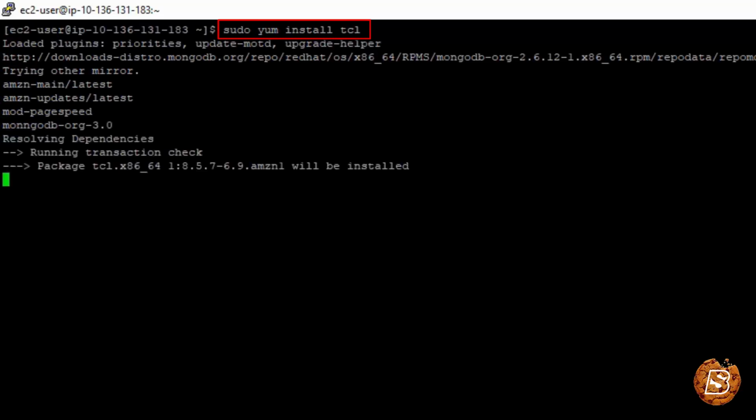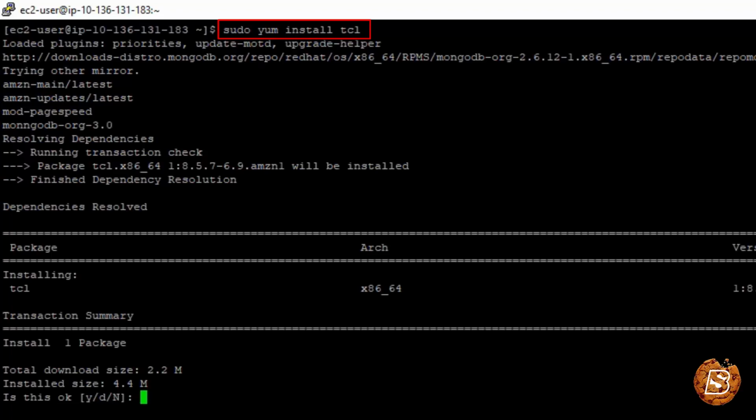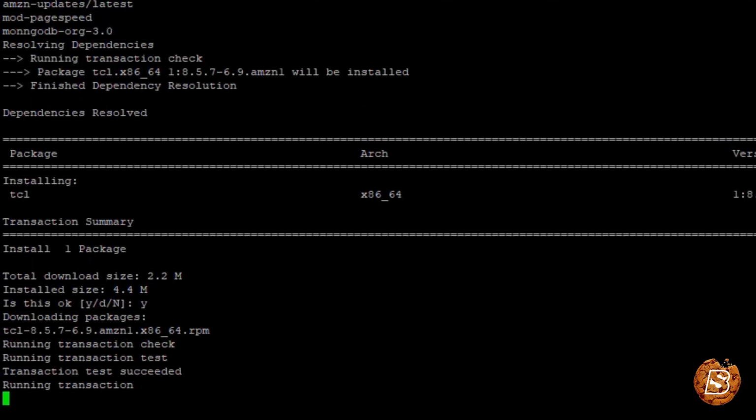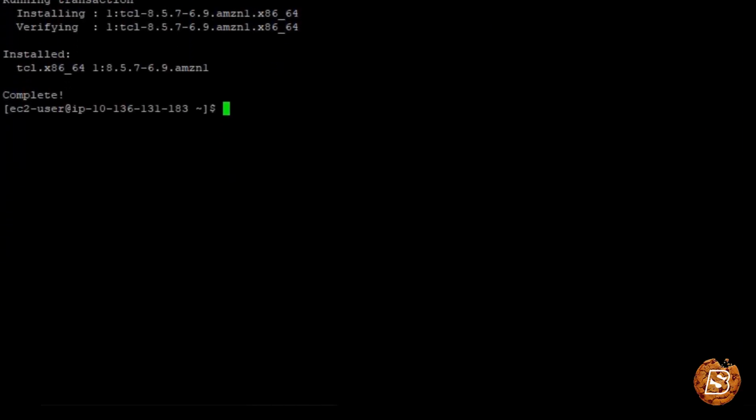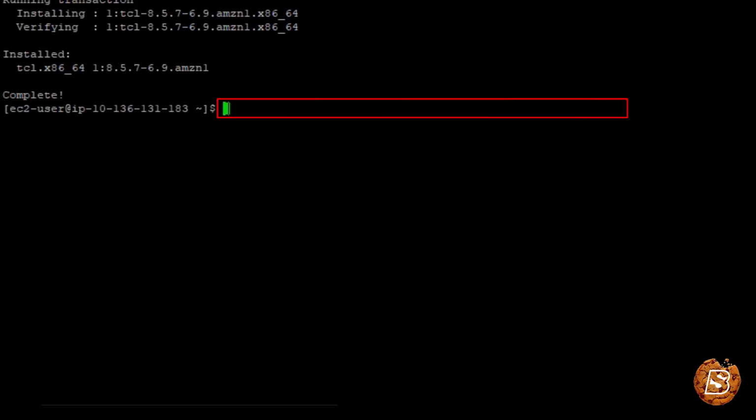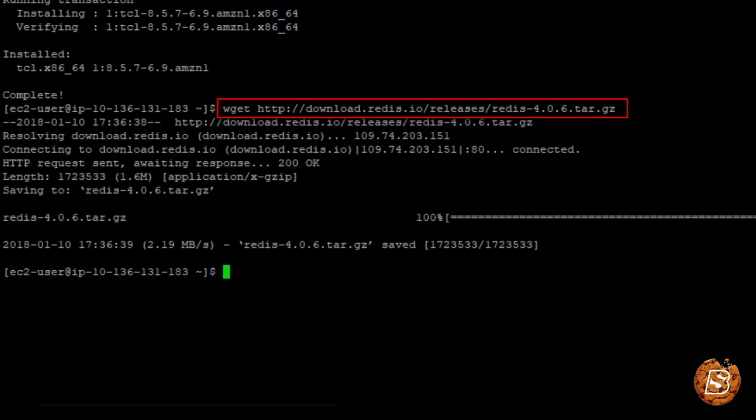And this is going to install tcl first, and once that's done, we'll be proceeding with downloading the Redis zip file. So for that we'll be using the wget command, and over here we have provided that command, and you can see that it has been downloaded. Now the version number is 4.0.6, so for that we will be unarchiving it